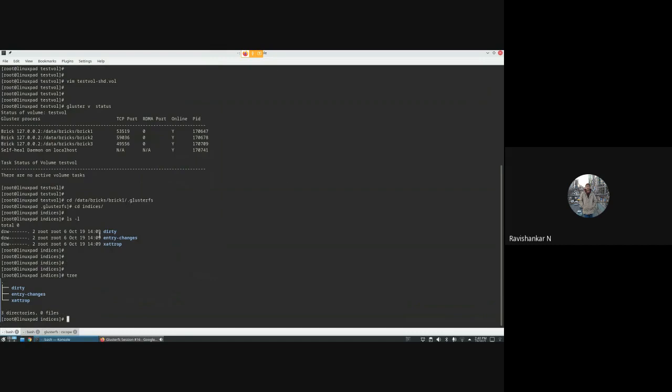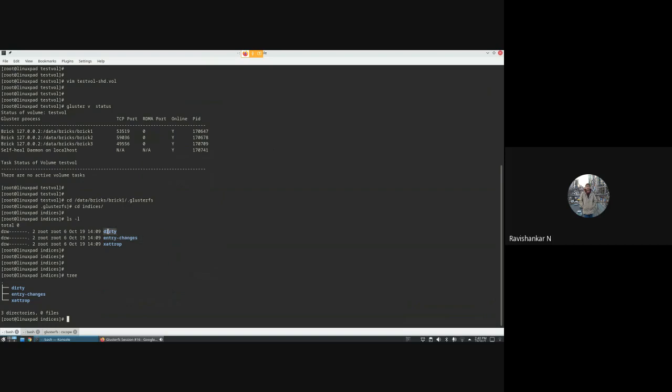But if there are some failed entries, then we'll have to scan each of them. It depends on what phase of the operation, the transaction, the failure happened. We cannot just say that we can scan only entry changes and be done with it. Sometimes just after the pre-op stage and maybe at the write stage, it wound up some bricks and then crashed.